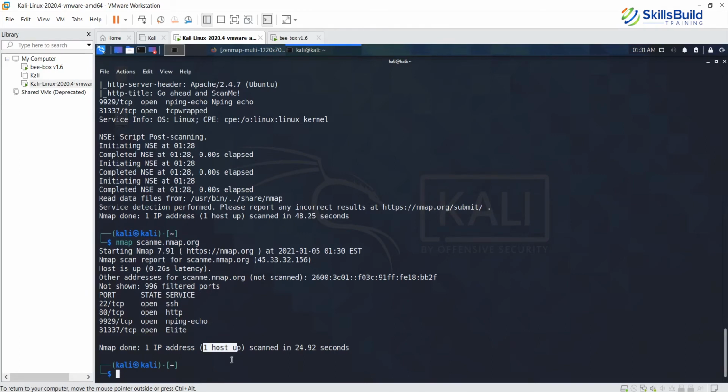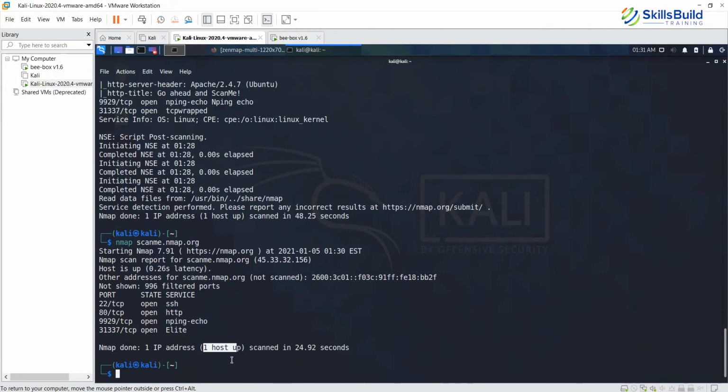So now let's do a service scan this time. Now when we are going to do a service scan, we need to ensure that nmap has the target IP address or the range or the domain name. You have to have a target when you are executing the nmap command.